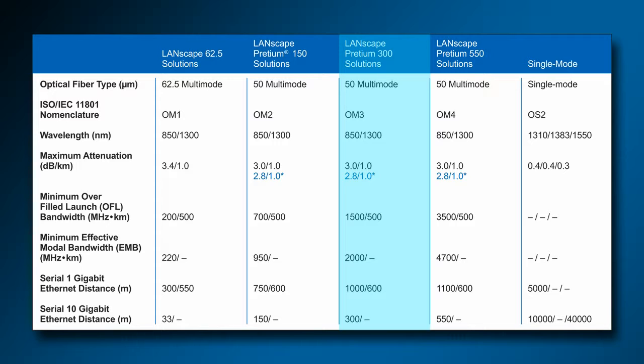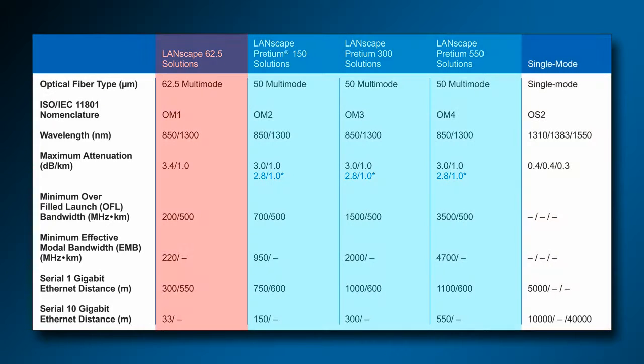distance at 850 nanometers, but can also carry 10 gigabit Ethernet at double the distance of OM1 fiber at 850 nanometers. Notice that the laser optimized fibers, Pretium 300 and 550 by Corning Cable Systems nomenclature, are optimized for 850 nanometer lasers. Single mode fiber or OS2 fiber has the advantage of high information carrying capacity, low attenuation, and low